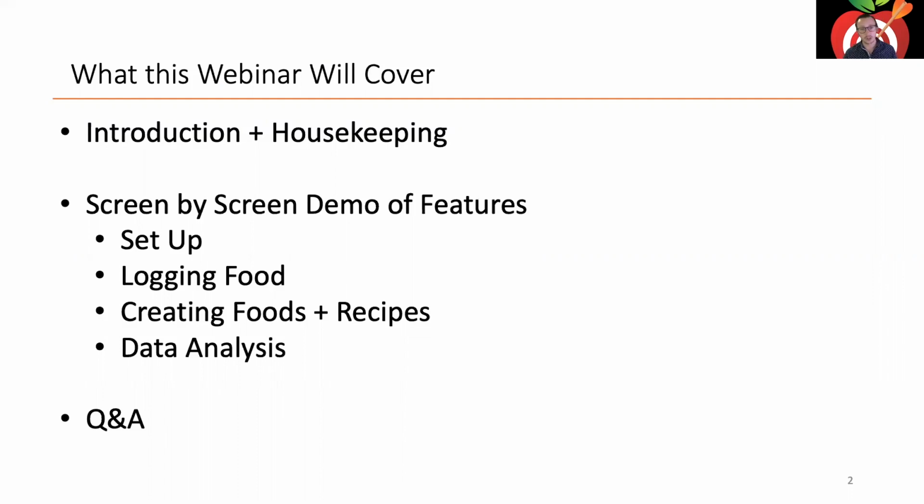Then we're going to focus on logging food, specifically how you get the best data out of the food that you're logging. On top of that, we're going to show you how to use a lot of the different commands in Cronometer to make logging food as easy as possible. Hopefully we can get through all of that. Once we do, we're going to cover creating custom foods and recipes, which can be super helpful. And then,